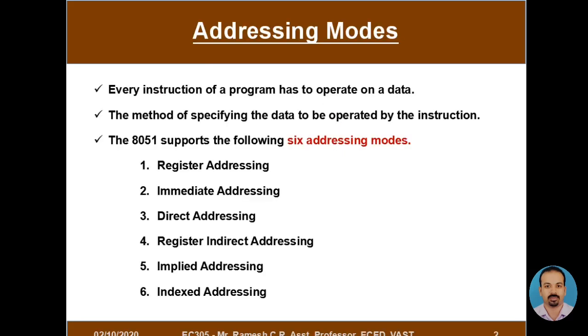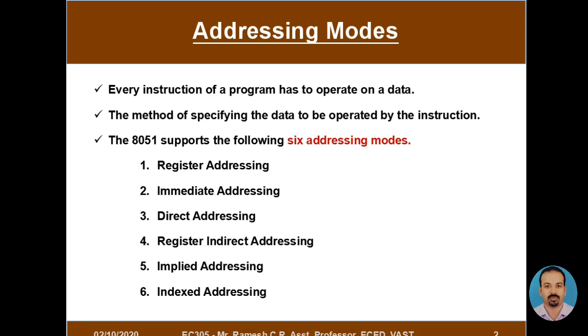So as we know, addressing mode is nothing but the method of specifying the data that an instruction has to operate on, so that on execution of the given instruction a particular objective is implemented using the given 8051 or any